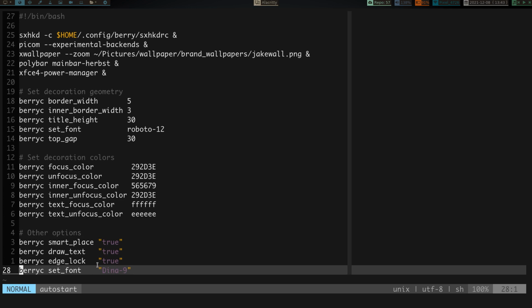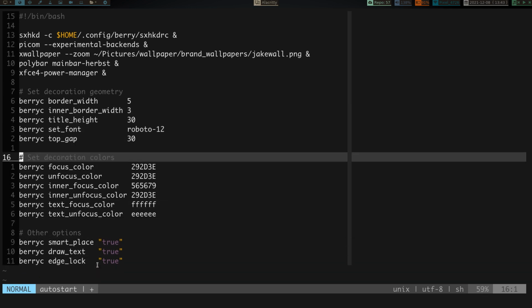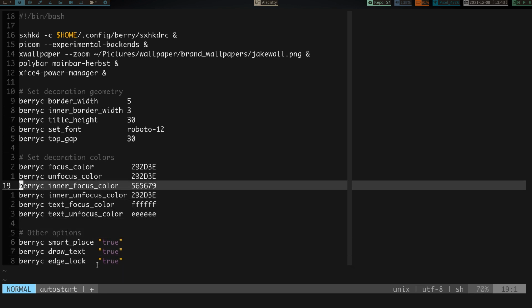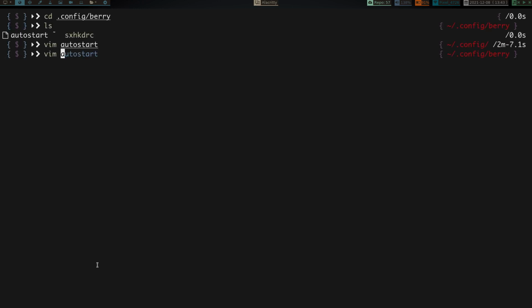I think I can take that one out of there because that's just a duplicate of my font that I set up here. But that being said, that's it. This configuration file is done. But if we X out of here, so let's write and quit, and then if we vim simplex hotkey